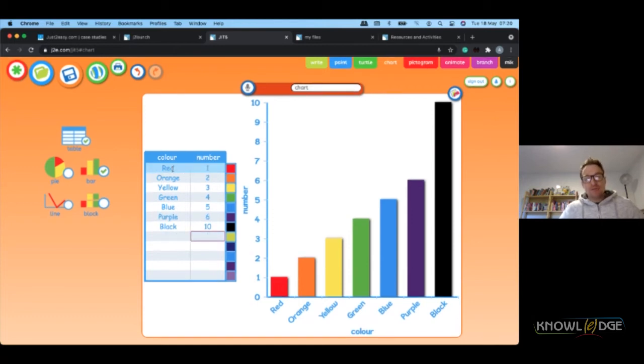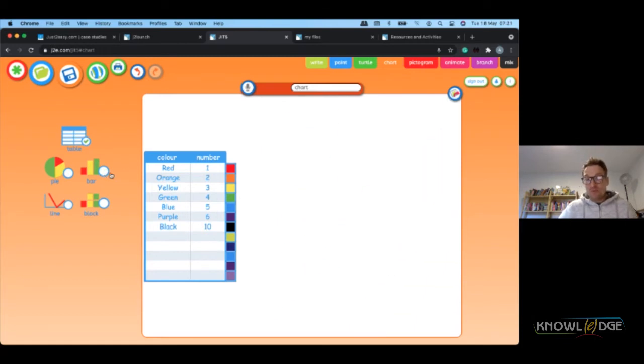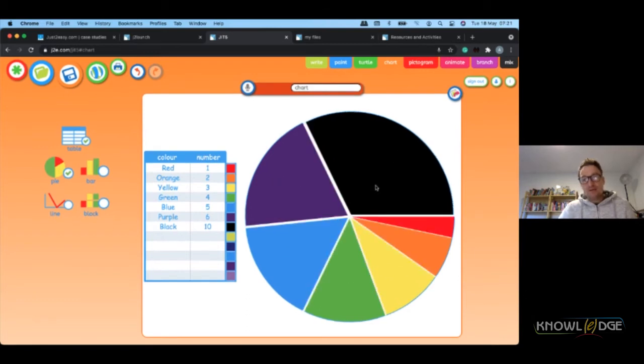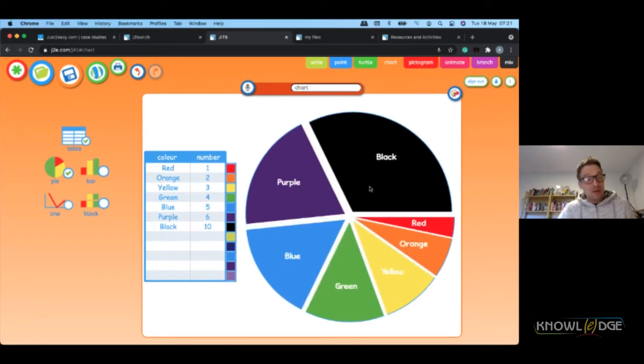We can add any information into this chart that we wish, and then on top of looking at the chart and analysing the information in this chart that's here, we could take away the bar chart and think about a different way of representing that information, perhaps as a pie chart, where we can then separate the pieces of the pie and be able to understand the differences between those parts.